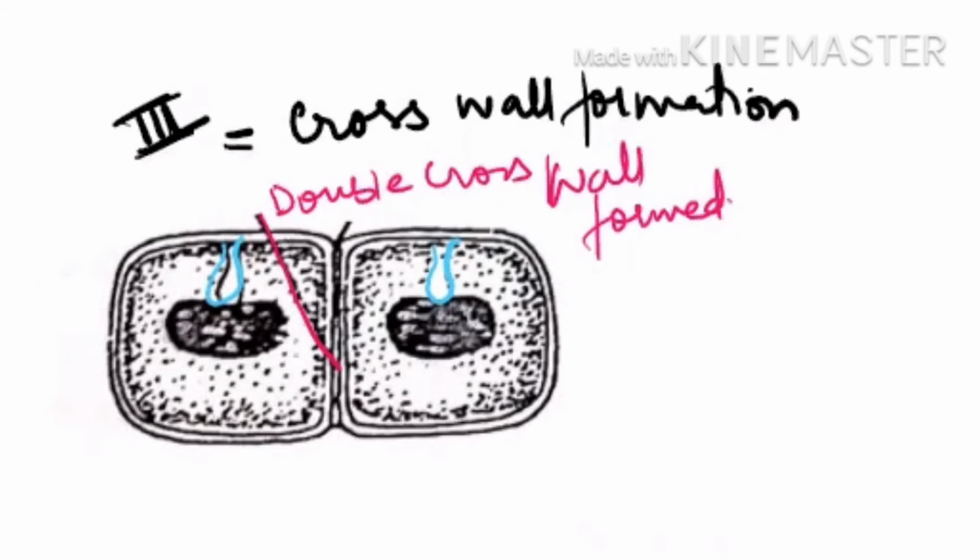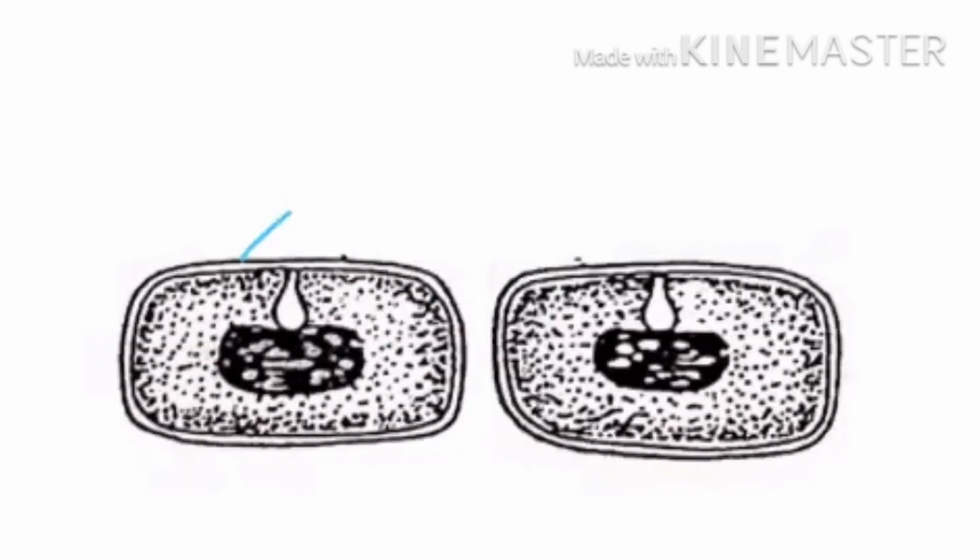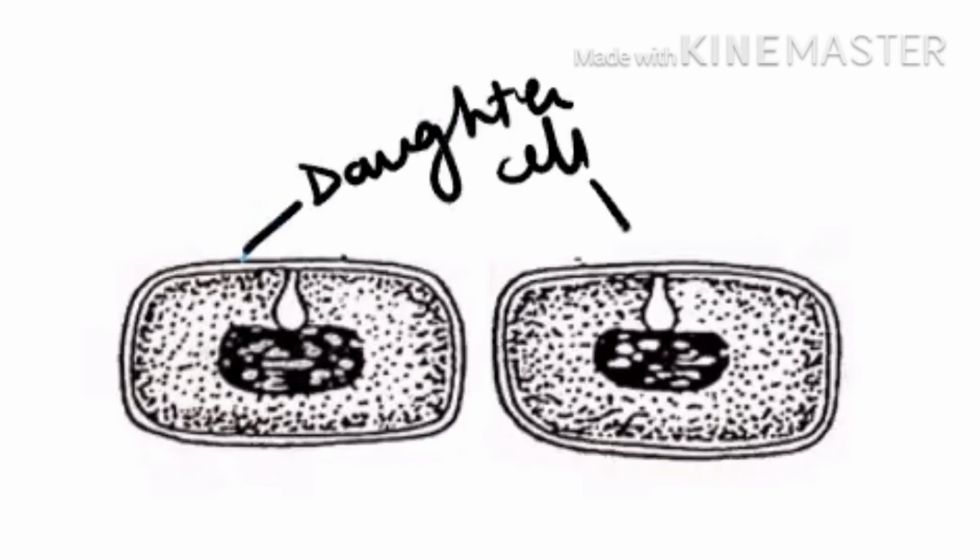And see one thing here, the septa wall formation and the invagination are both going side by side. Now if you see, these are the two daughter cells which are produced. The daughter cells have an equal amount of genetic material without making a spindle apparatus. Equal distribution of the chromosome is achieved without making use of spindle apparatus. So we call this division amitotic division, and binary fission.